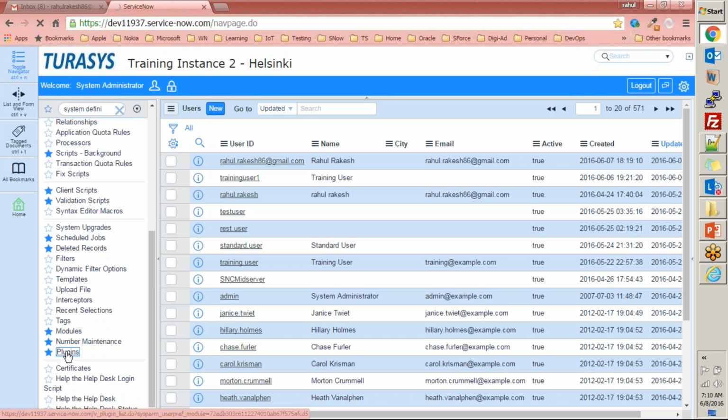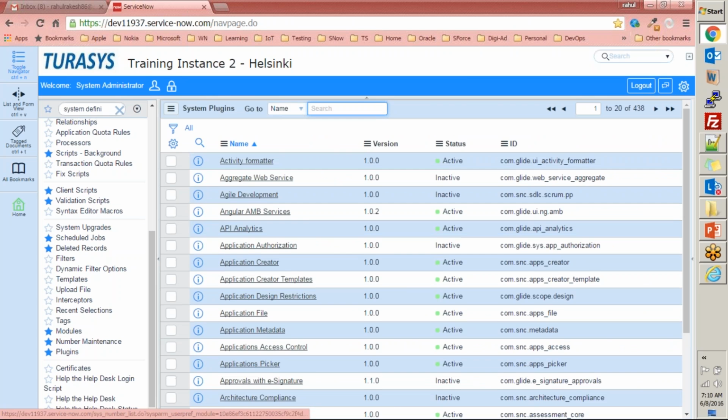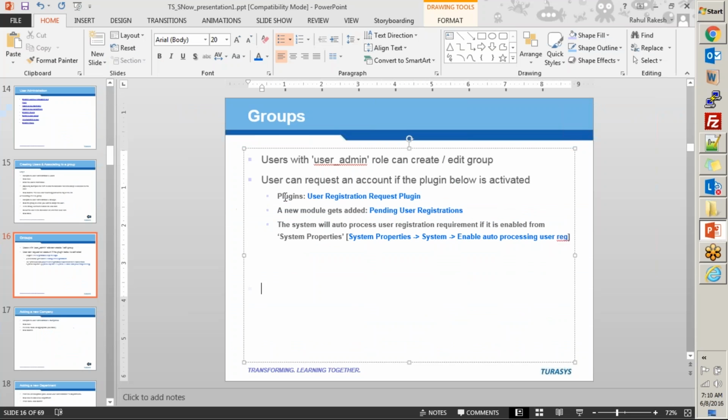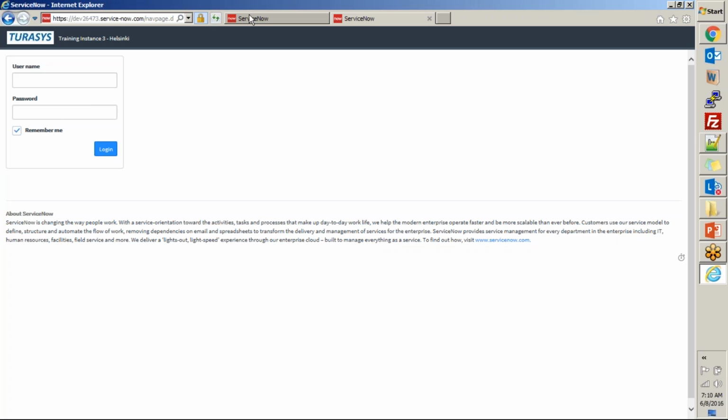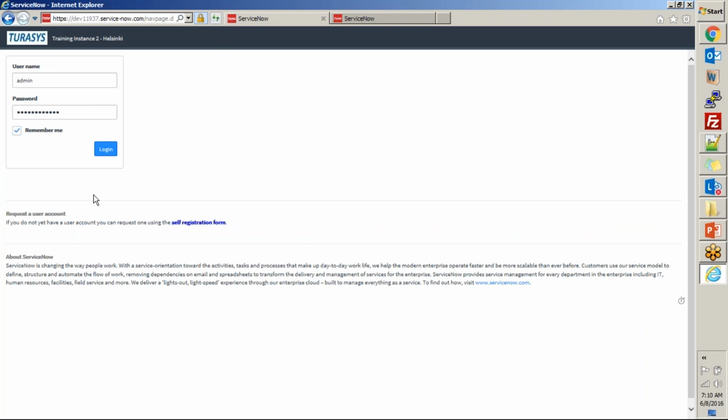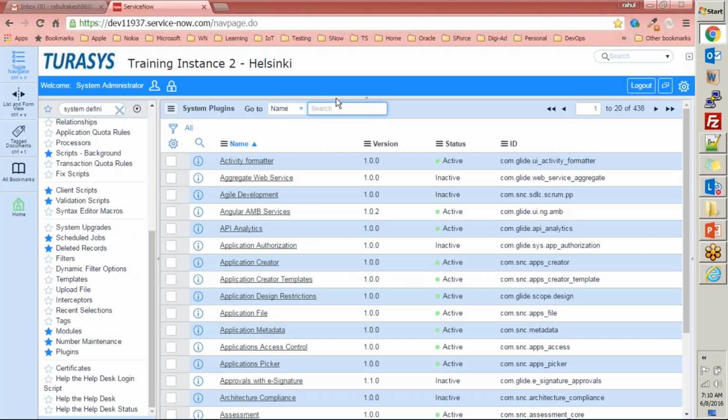Now I'll go into plugins, and within plugins, I know that there is one plugin known as user registration request plugin, right? This plugin has to be activated in order for you to see this link on the home page or login page, right?